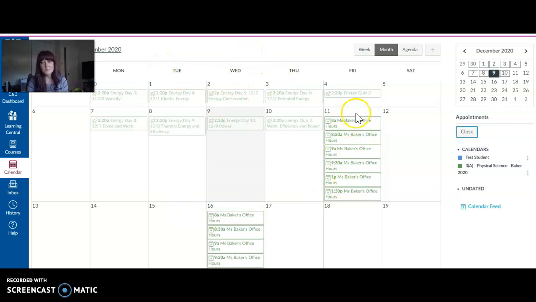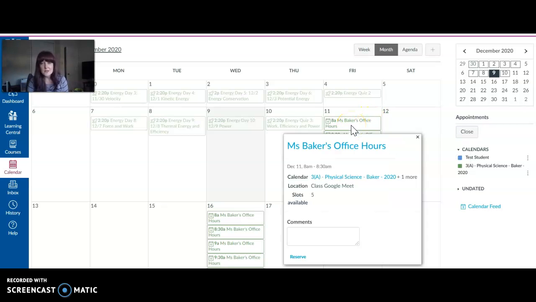But to sign up, let's say I want to make an appointment at 8 o'clock Friday morning. So I'm going to click that, and then I'm going to click reserve. If I want to work on something in particular, let's say I want help with the energy test. So I'm going to click reserve, and then that's going to send your teacher a nice little